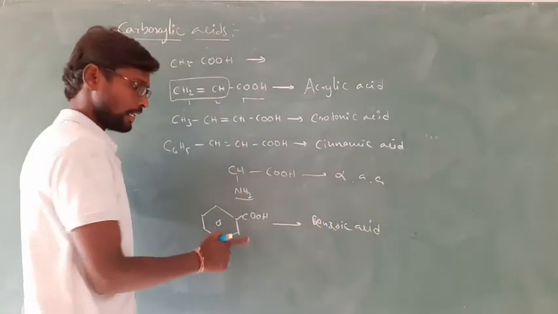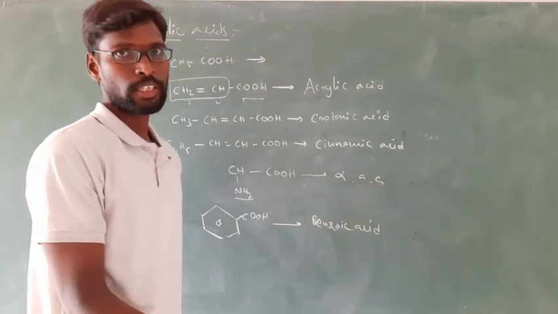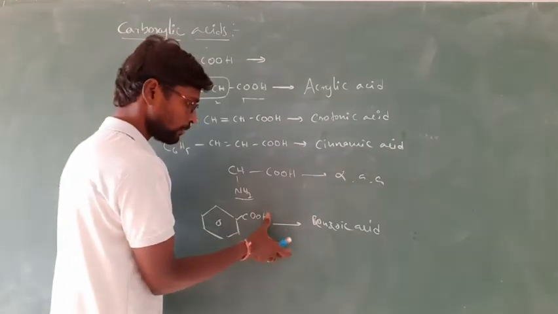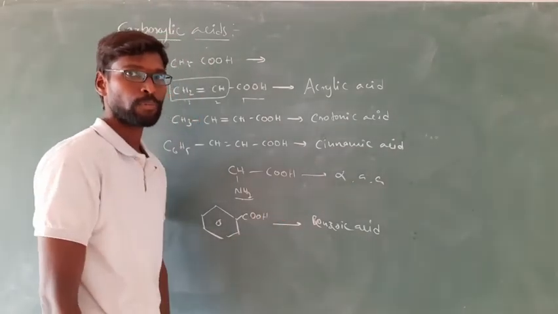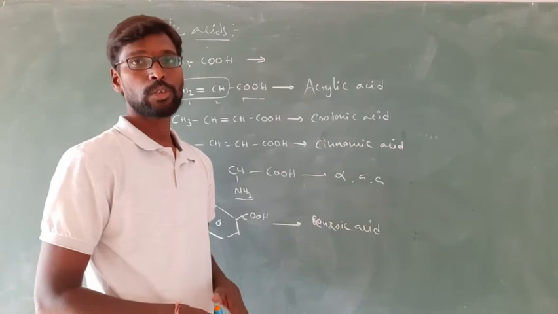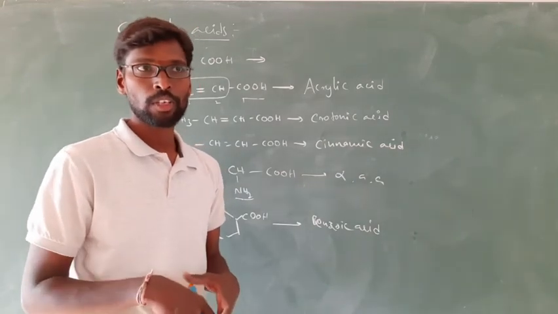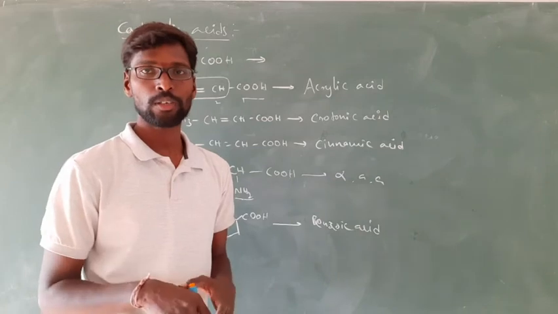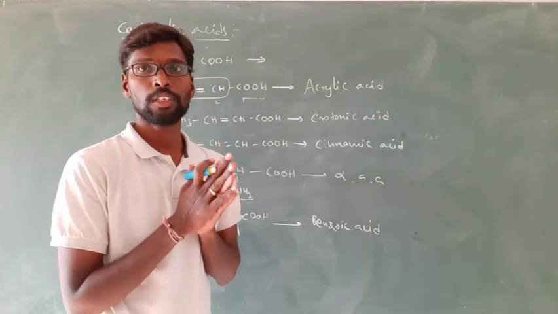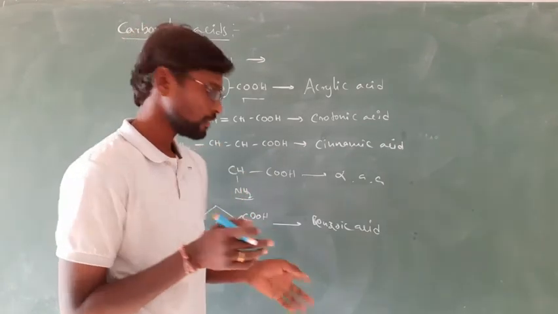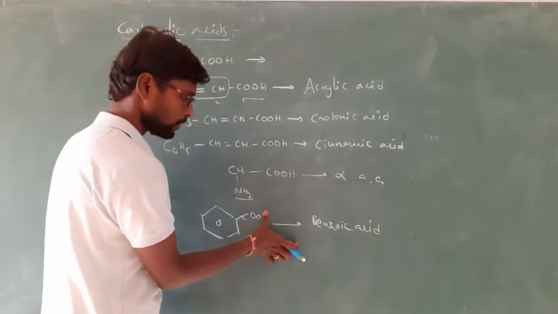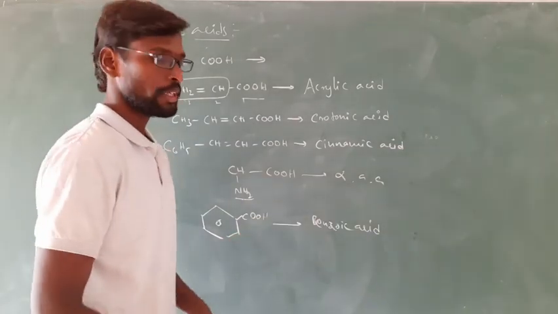If you treat this acid with sodium hydroxide and get a salt, that is called sodium benzoate. In the place of H in the COOH, we write Na, so that is called sodium benzoate. It is actually used as a food preservative. Sodium benzoate is a food preservative that you will get in the chemistry in daily life topic in class 12, where you will study food preservatives. Sodium benzoate is the example. In the place of H, if you write Na, that is sodium benzoate.